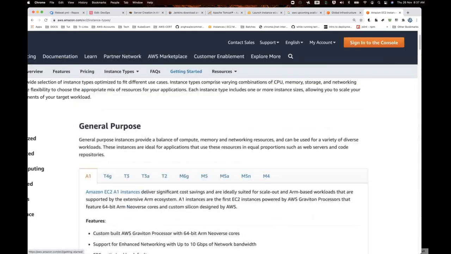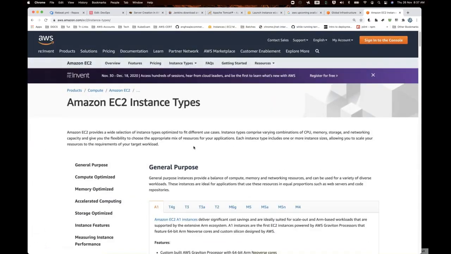Now, what is your purpose? Your purpose decides which instance you want to use. Let's say I'm trying to run some kind of analytics. Probably I require a lot of compute, so then I'll choose compute instance types. Or else, if I am more into the database side,